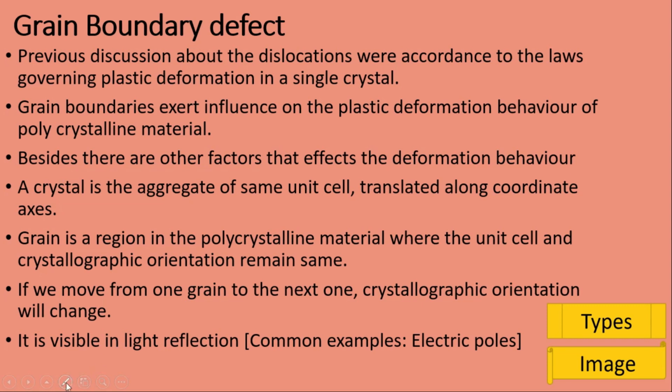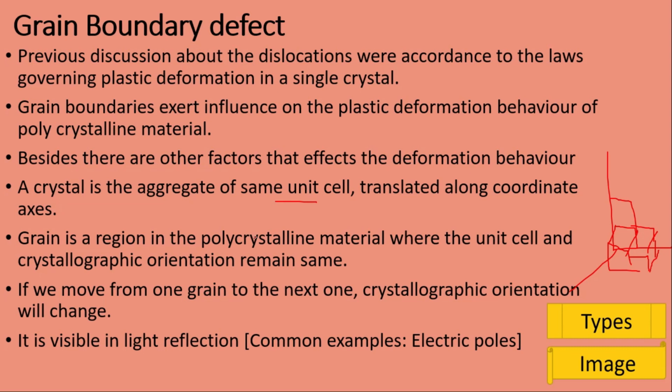When those unit cells are translated along the XYZ axes, they make up the crystal lattice, right? We may have a lot of unit cells over each other that are arranged in a perfect order along the XYZ axes, so that all together they make up a crystal. We can just translate a unit cell along the XYZ axes, and the aggregate of the same unit cell is termed as the